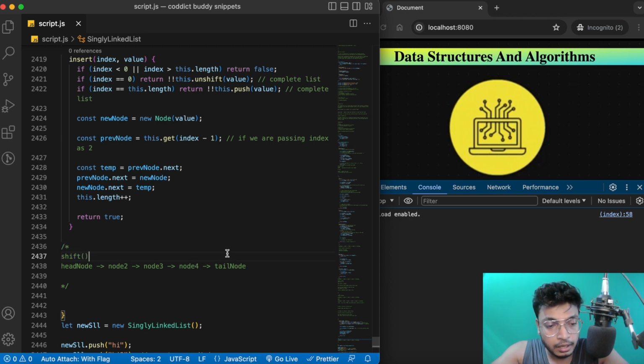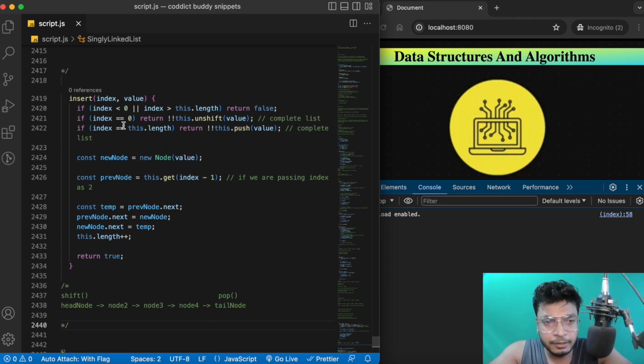If you are going to remove the element from the end of the linked list, you use the pop method. But if you want to remove the node from the middle, it is a little bit tricky. Not that tricky, but not that straightforward. It's easy, but it's not straightforward.